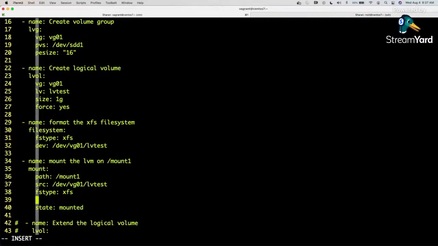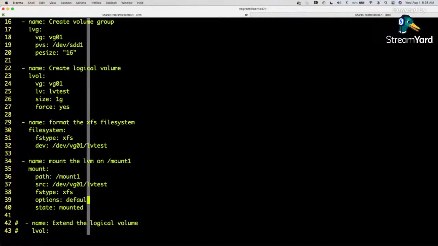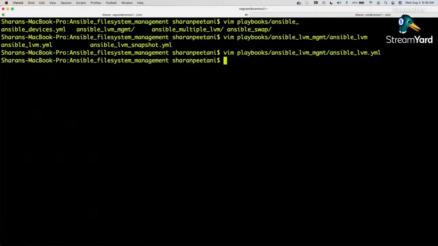And we can also add options as default. So default meaning basically what are default options we have in the OS. So if you go ahead and run,